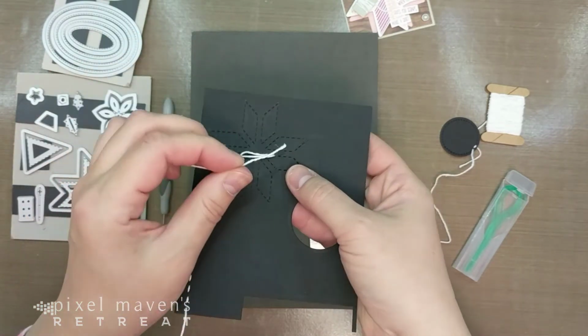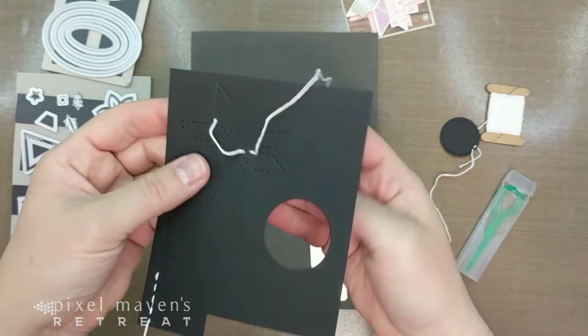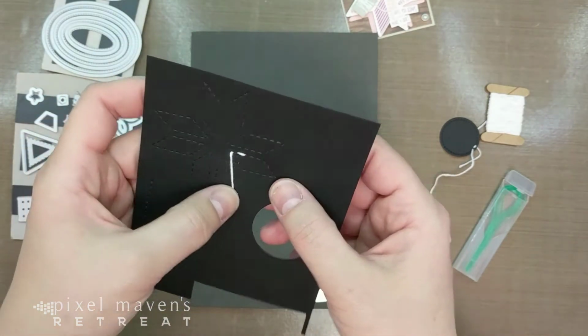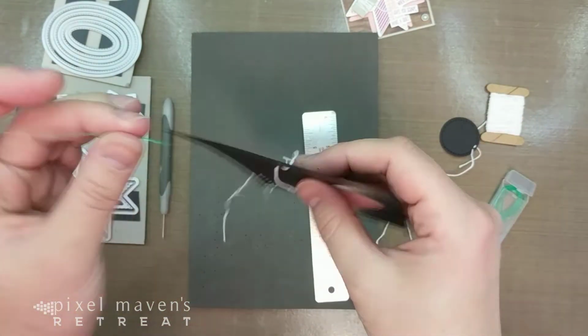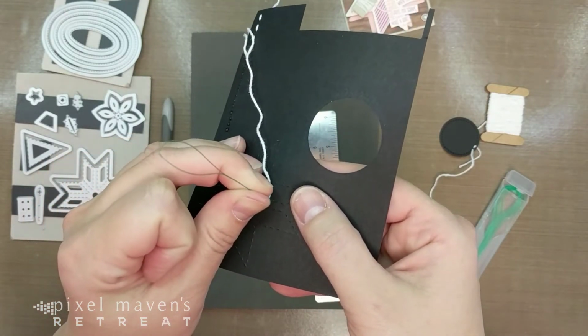There we go. And I'm going to run this stitch through and pull gently. So at this point, you see it wants to pull this one through, so I'm just going to put my thumb here, and now it will only pull the one side. And then I will turn it over, find my hole again,